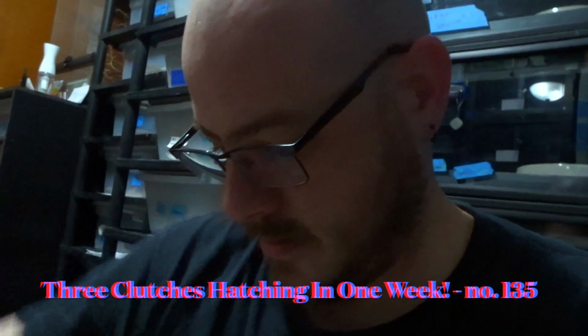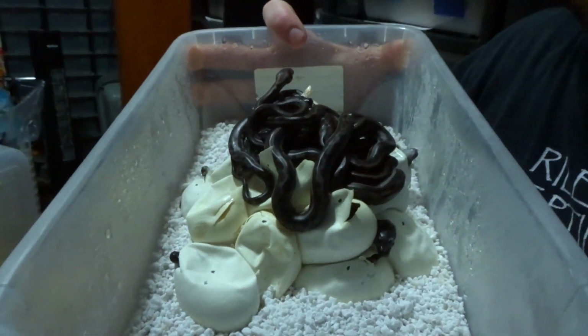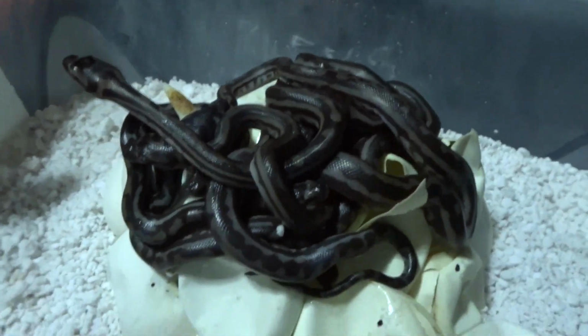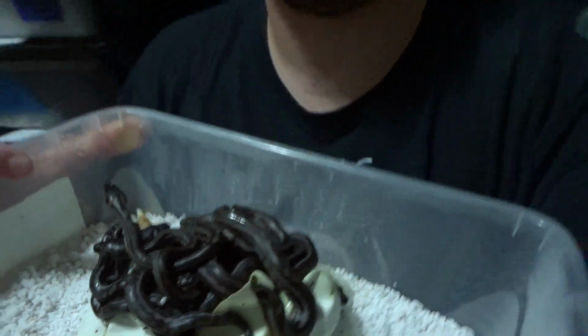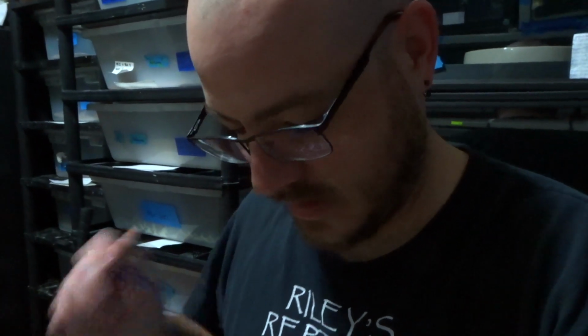So, clutch number 2 is hatching. And although I am disappointed that the super or possible super hypo tiger didn't get it done, it's never disappointing to see a nice big pile of Exanthic tigers. Now obviously there's paw sets in there because this is a head-to-head pairing, but this is the easiest time to